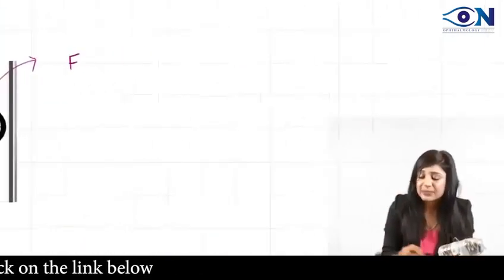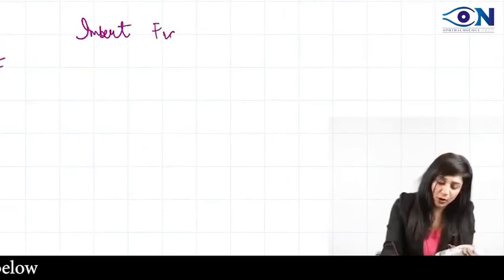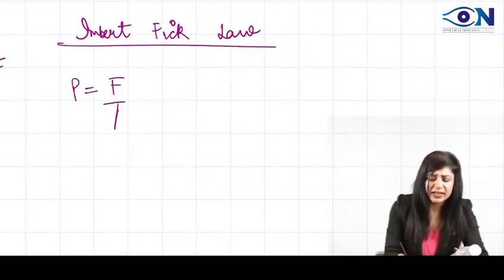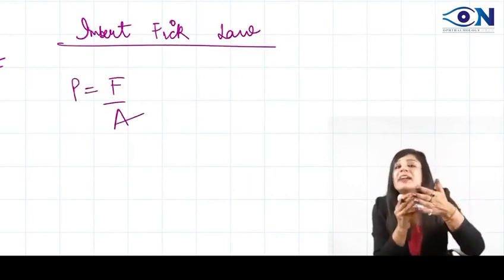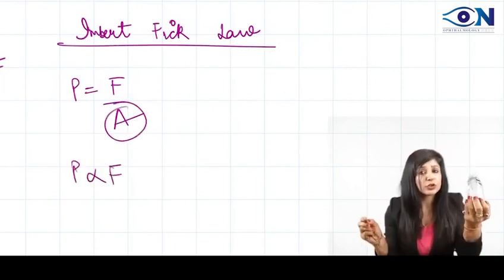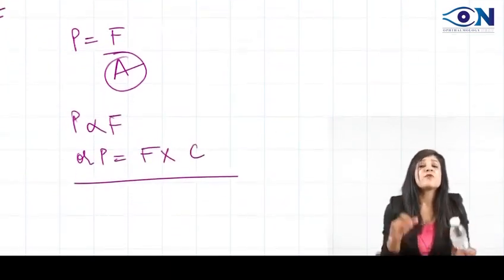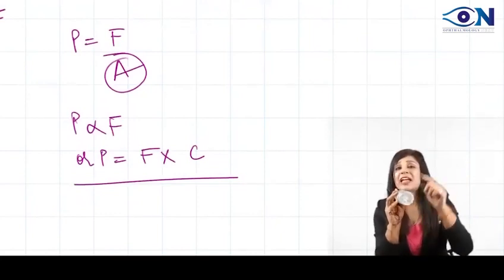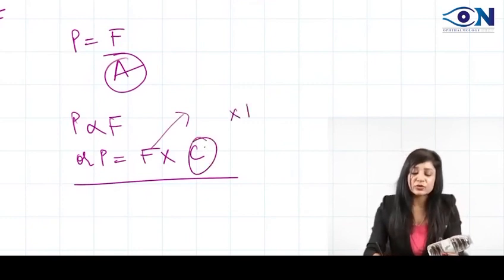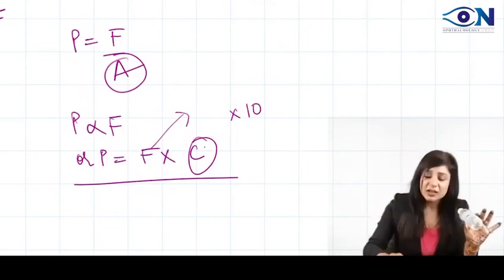So what is the principle? That is the most important part. It is called the Imbert-Fick law. Pressure is equal to force upon area. Simple. And the area of the cornea cannot change, so the area is fixed. Because area cannot change, pressure is directly proportional to force, or pressure is equal to force into a constant. If I want to find the pressure, I have to take the reading. The reading gives me the force, and this constant is 10. So whatever reading I get, multiplied by 10, gives the final value.